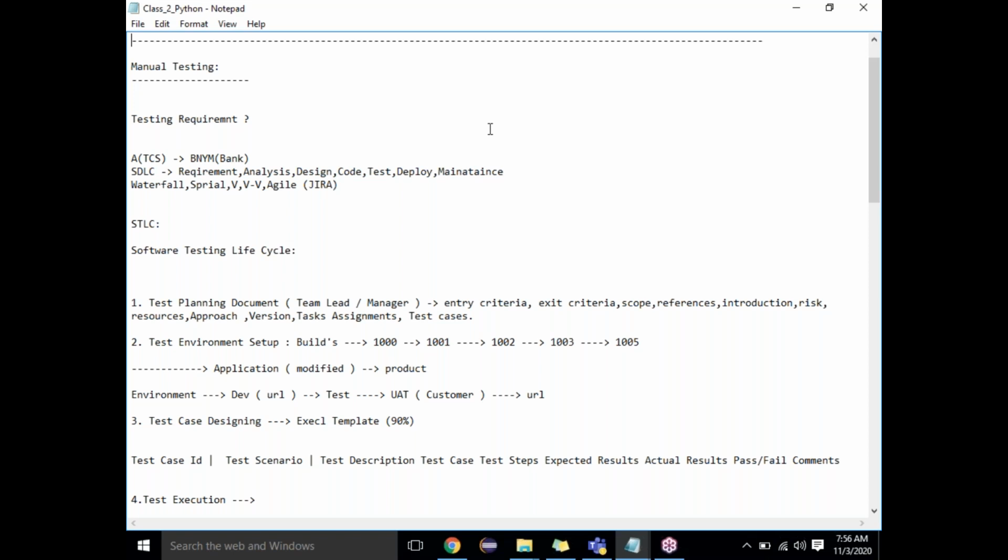Coming to the second step, which every test engineer has to follow, it's called test environment setup. What do you mean by test environment setup? Suppose I want to test an application in my company, in the healthcare domain or the banking domain. See guys, in any company, out of 100%, 95% work on only three domains.